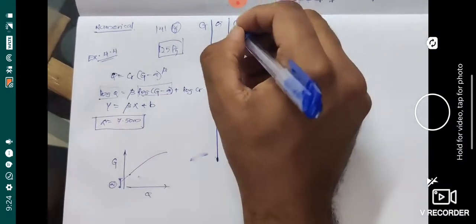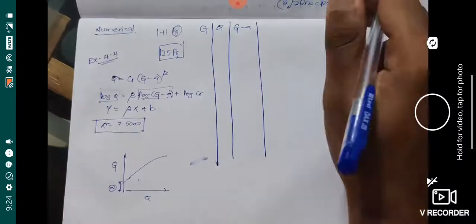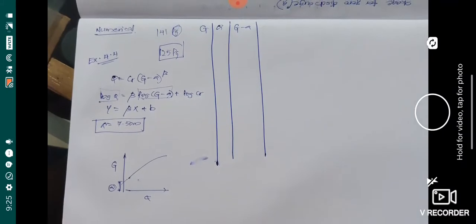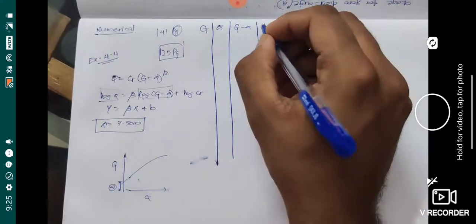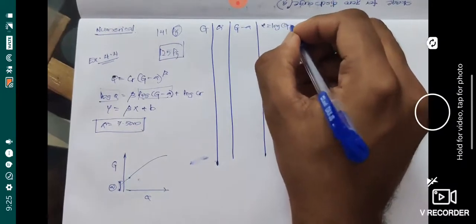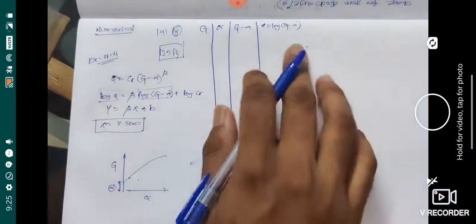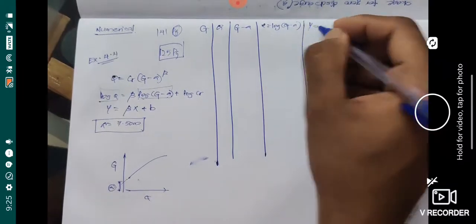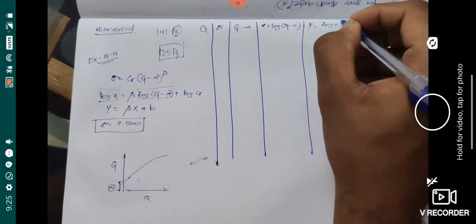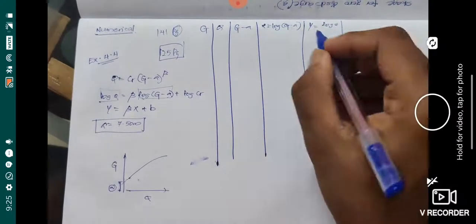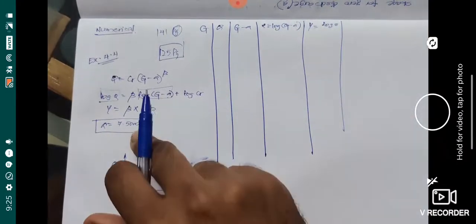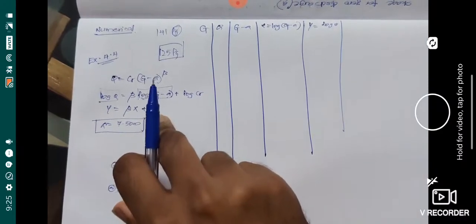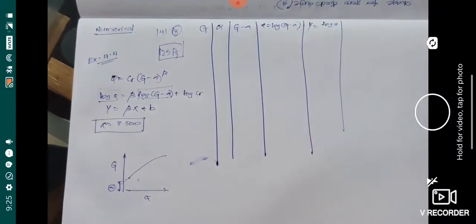Now you have to find G minus A. So you have got G minus A. Then you find X. What is X? X is nothing but the log of (G minus A). Whatever values you have, you find the value for X. Then what about the Y value? Y is nothing but log of Q. Then, in order to find the value for beta and B, you know the equation. You have to find the value for sigma X, sigma Y, sigma XY, and X square and Y square. So you have to find all these things.